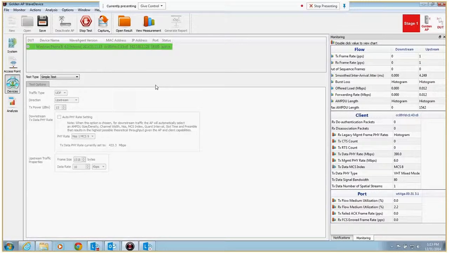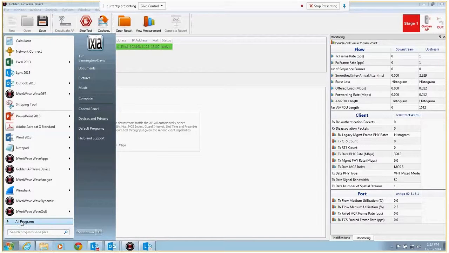In a previous session, we showed how to connect up the system, configure the access point, and get a device showing in WaveDevice. That's already been done, and I've already set it up so that we're running 10 kilobits per second of traffic, very low level of traffic upstream. And this is now having this phone with Wi-Fi in it, a single spatial stream device, transmitting traffic continuously at 10 kilobits per second. Okay, once that's running, we can go open up WaveAnalyze,